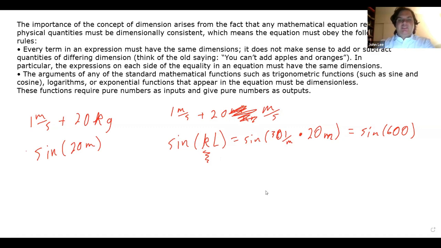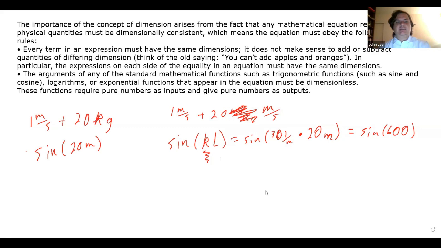Okay, does that make sense? Professor? Yeah. So when we're dealing with functions like sine or cosine, we always have to set it up so that it's just numbers and not measurements inside of the equation. Yeah, so whenever you do,